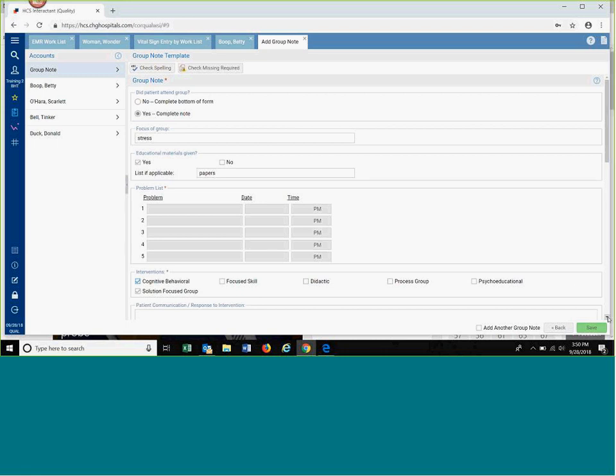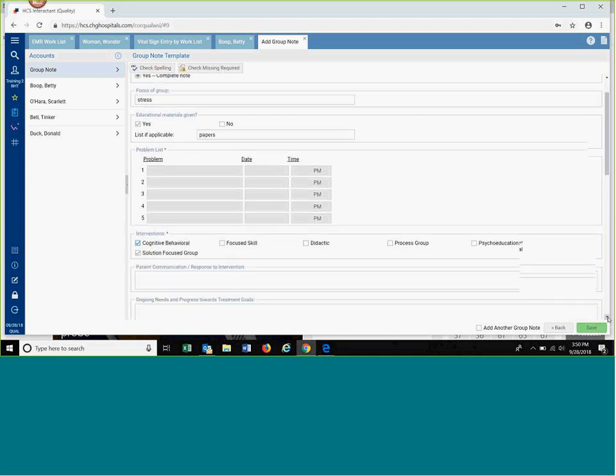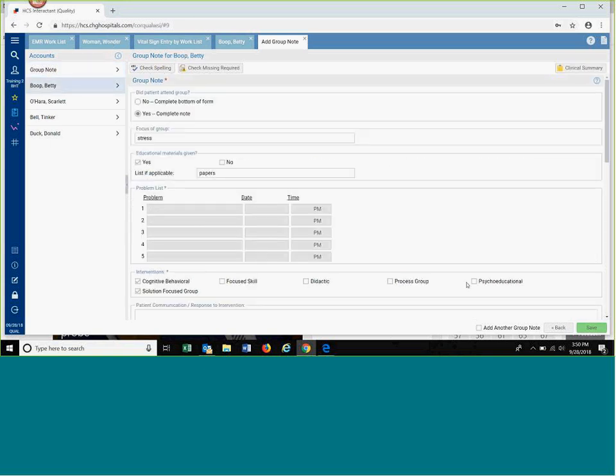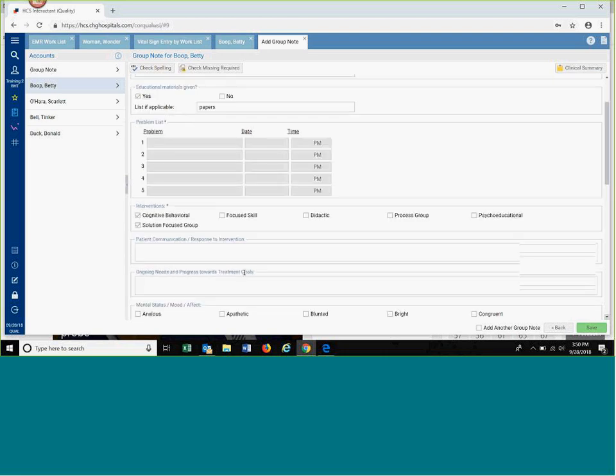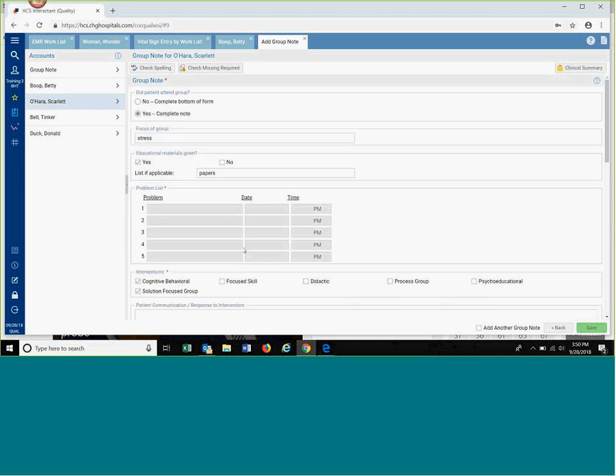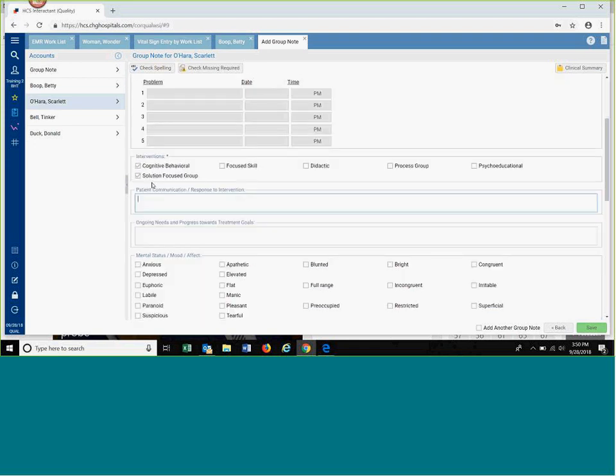Now, let's keep going on this. So you've just charted these things on Betty's chart, Scarlett's chart, Tinker's chart, and Donald's chart. But now, all of a sudden, Betty acts out. And when Betty acts out, you want to say, Betty cried, or Betty whatever. Scarlett's reaction was different. Scarlett's reaction that Scarlett was very peaceful and interacted. So Scarlett interacted